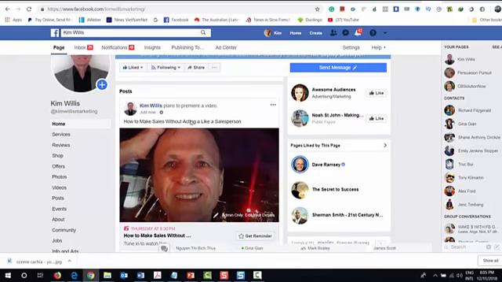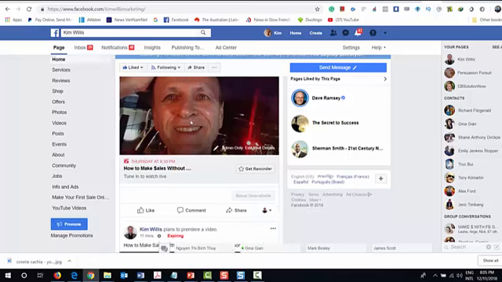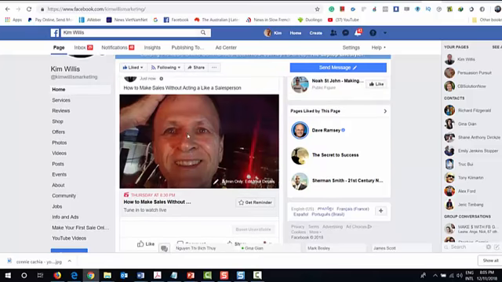All right, so that's how it will look to people, to followers and so on. If somebody sees this, they can click Get Reminder. And then Facebook will notify them just before the event is due to happen.